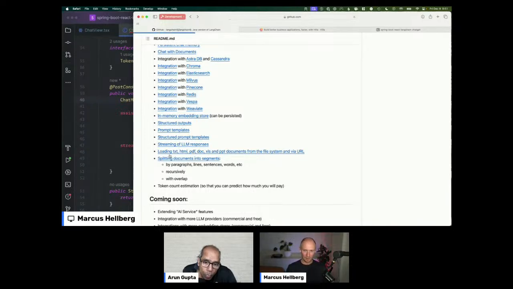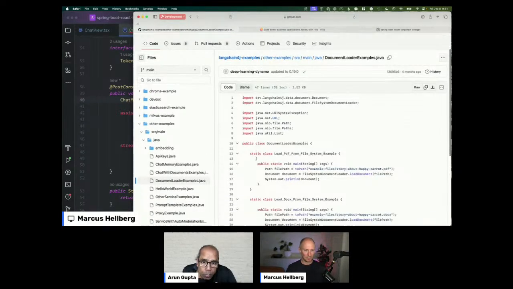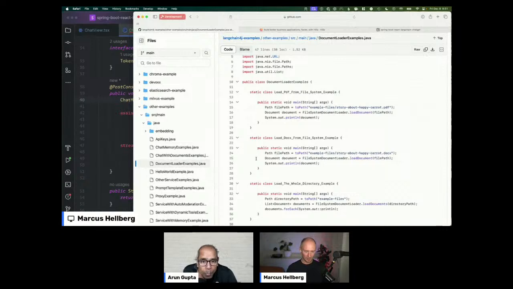Explaining how you can load different types of documents and make those available for the LLM as it's answering is really helpful. That way you can have a ChatGPT type of experience that is aware of all the business peculiarities of what you're building.